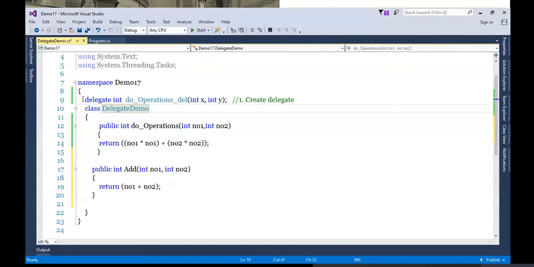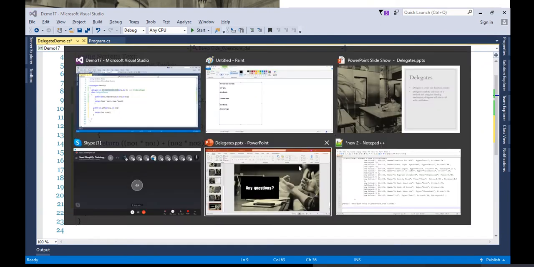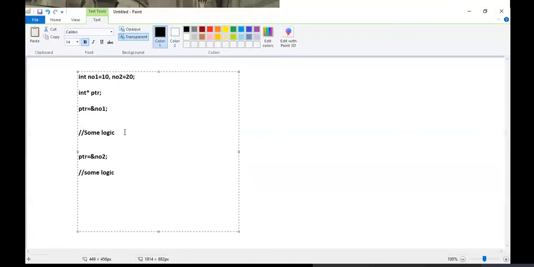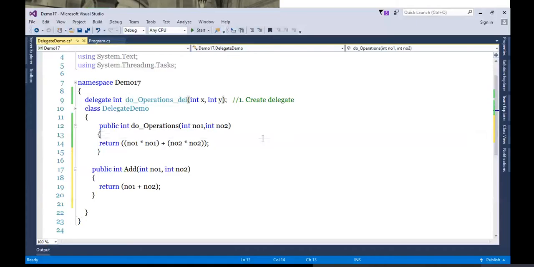So, is there any need for me to create a separate delegate for this? No, because I already created a delegate which will point to a method whose return type is integer, and in signature it is taking 2 integer arguments. Right? So, may I use the same delegate? Yes. So see, the same principle we extended here. Is there any change happened here? Right? So the same principle of a pointer gets followed here also.